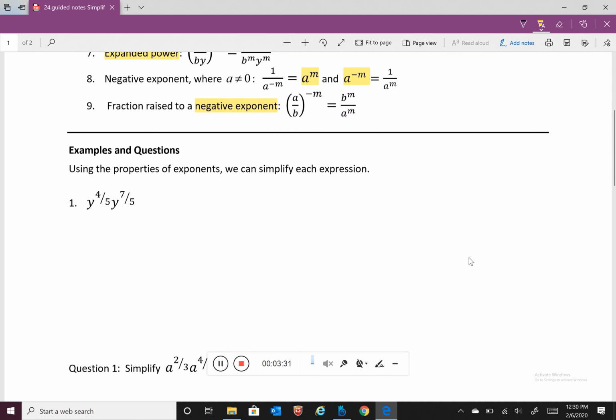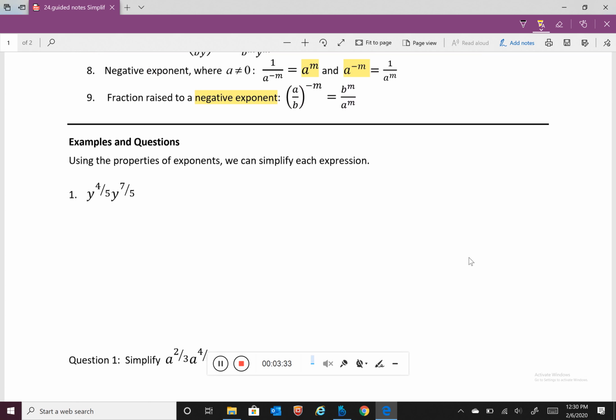Our first example, we're going to use our properties of exponents and simplify when we can. So notice first we have y raised to the 4/5, so we have a fractional exponent, and then this is times y raised to the 7/5. So we're using our first property, which is product, like bases multiplied, we're going to add those exponents. So we're going to take y, and we have 4/5, and we can add it